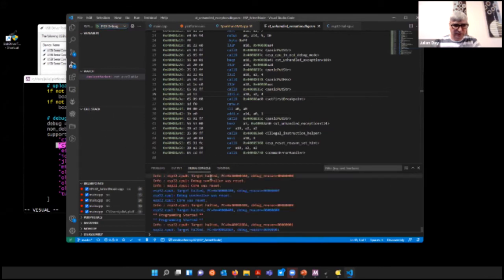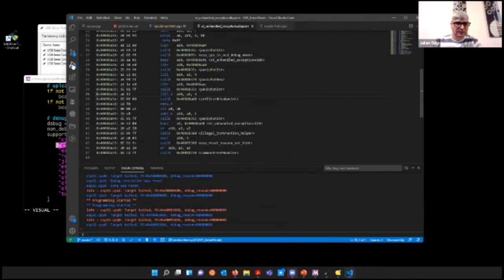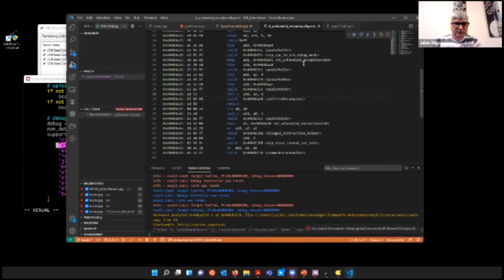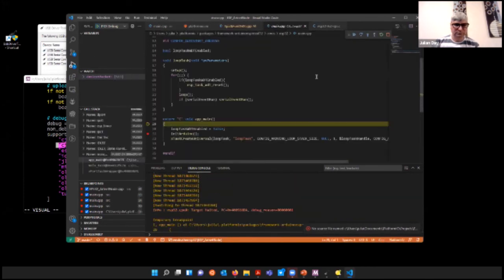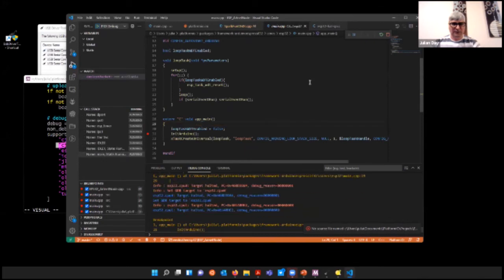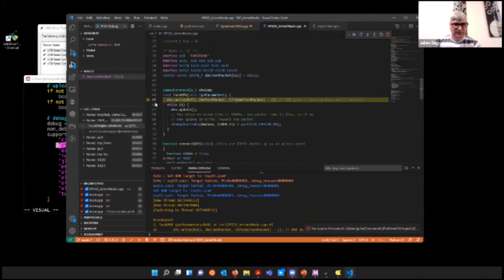It's still running, which is okay. Let's let it go. I'm going to get rid of that breakpoint as well, because